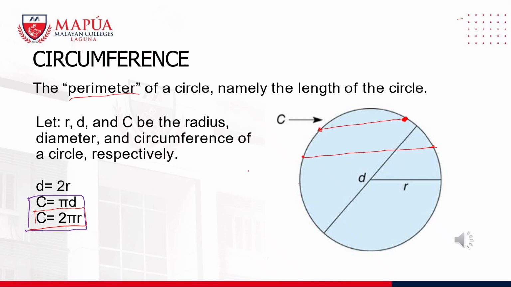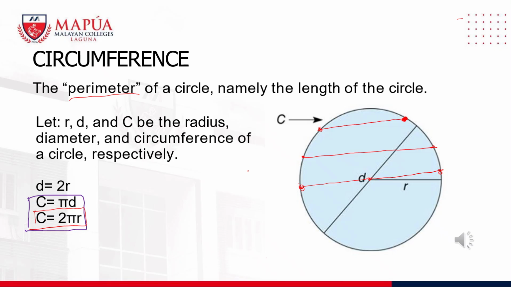And if you have this point and you connect these 2 points and then pass through the center, this is also a chord. So diameter, class, is a chord. This is the longest chord in a circle, yung diameter. Okay, so any 2 points on the circle, when you connect them, that is what we call chord. I repeat that. This point and this point, you connect these 2 points. So this line is what we call chord. And this point connected with this point, passing through the center, is also a chord, but this is the longest chord. So the longest chord is called diameter.